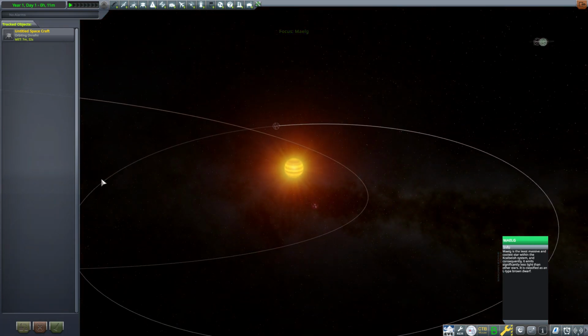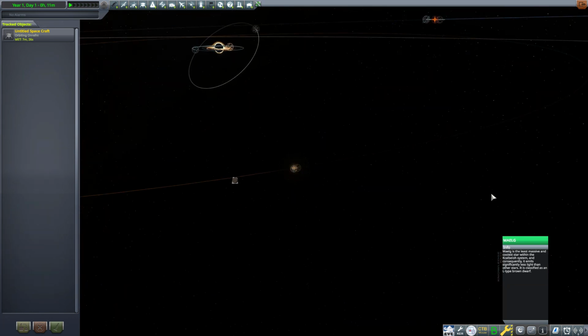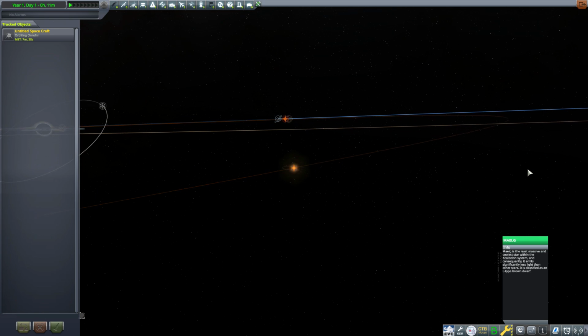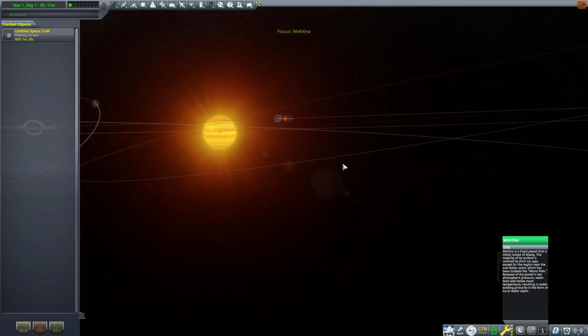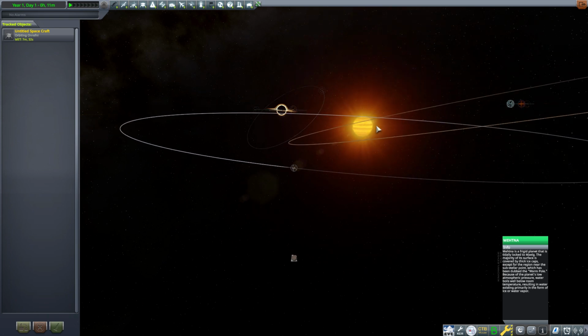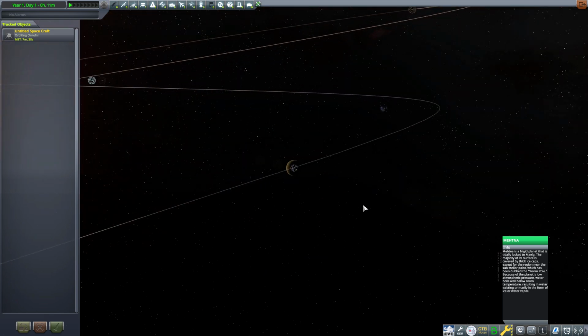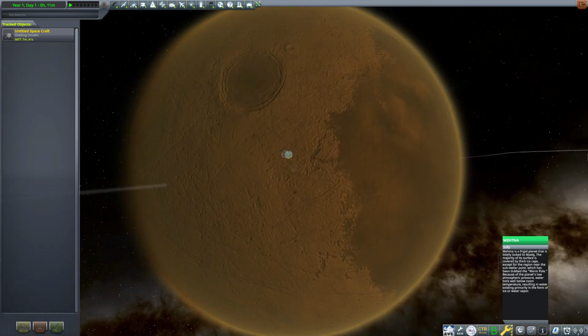So moving on to the next star. This is a star that orbits around the black hole. There's a few other ones. It almost looks like Jupiter, and it's basically a star, and it looks like a dying star or a very small star because it's got Jupiter's texture but much brighter. Anyway, here's the first planet,